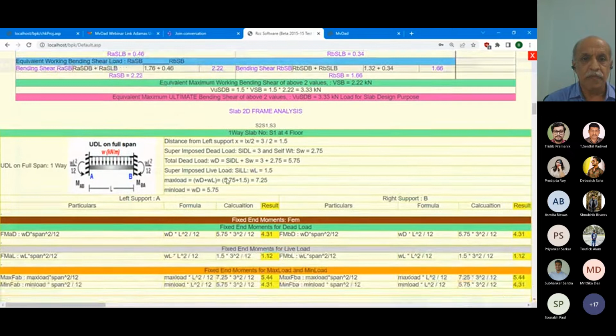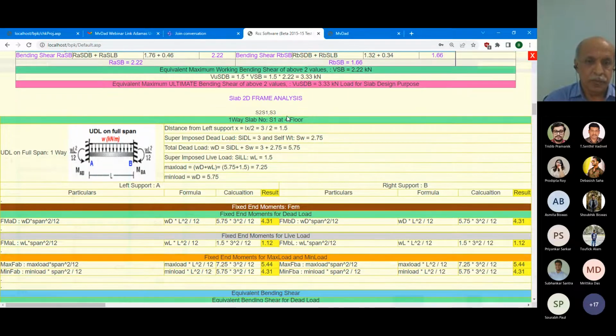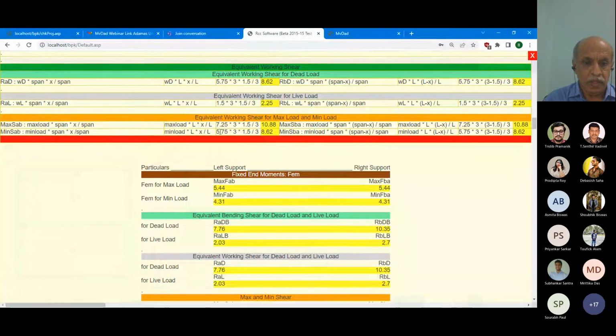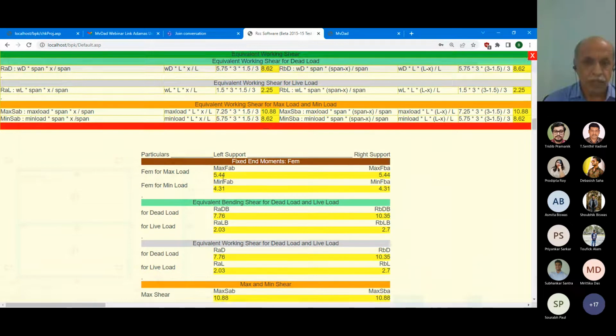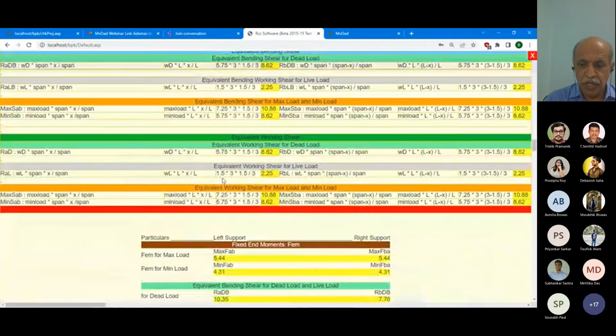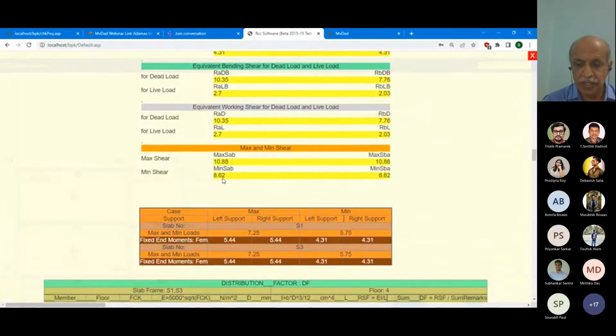Now, for this slab, full 2D frame analysis calculation is there: fixed end moments, their loading, their support reactions, moments, scale calculation. We will not discuss right now. I am just giving you the introduction of the software, that what it provides you for your educational purpose,